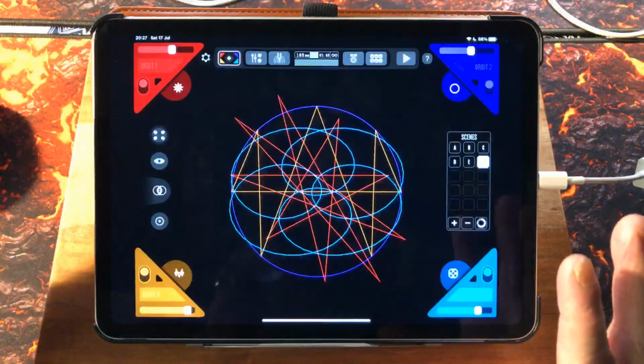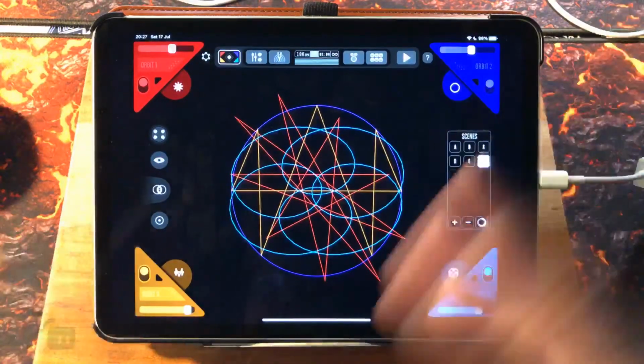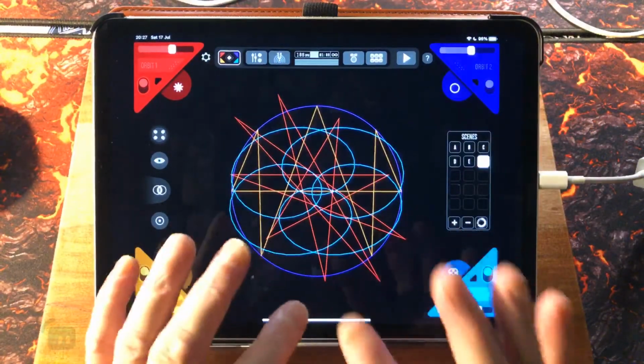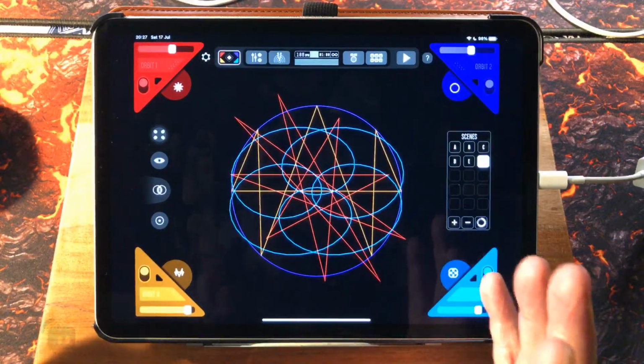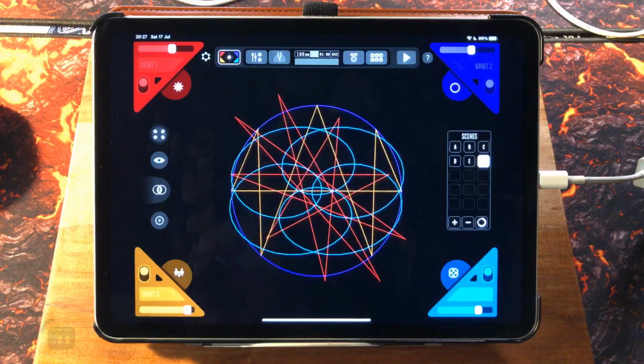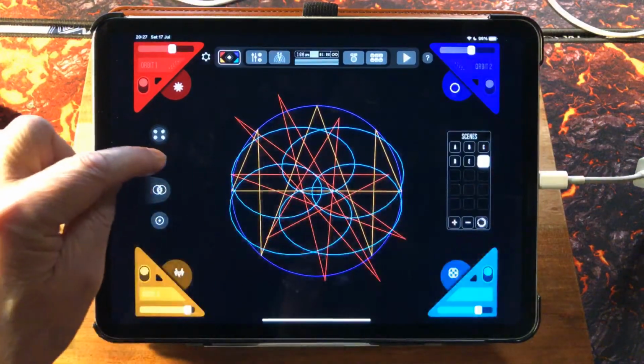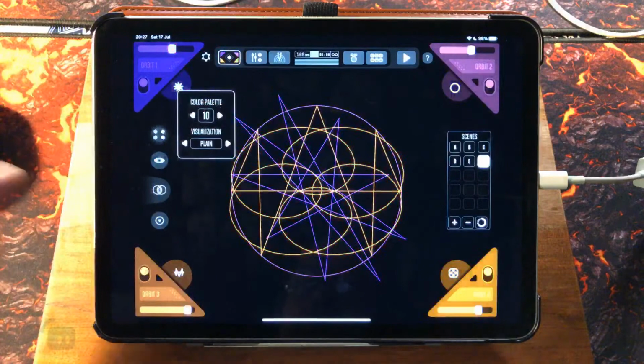Not only can you change everything, like the orbits, the mix, the sounds and everything, you can also change its appearance per scene. Now, there's not a great deal of musical interest in this, but if it's a visual thing you're after, then it's a cool way to do it. So again, we can go to our eye,